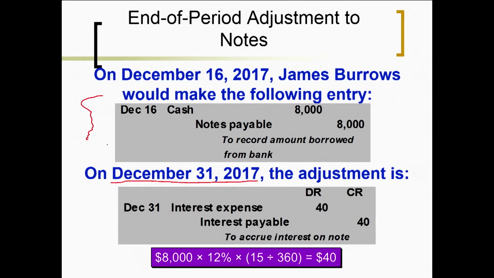How many days have gone by between December 16th and December 31st? 15 days. So to figure out how much interest we accrue, we take the principal amount times the interest rate times the time factor. Now we're not paying any interest on that date, are we, guys? We're just booking the interest payable, okay? And then when you do pay the note off,